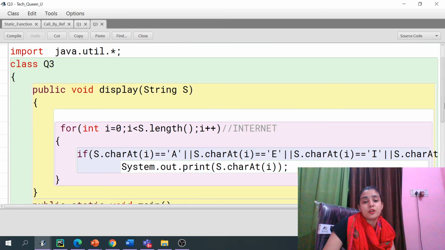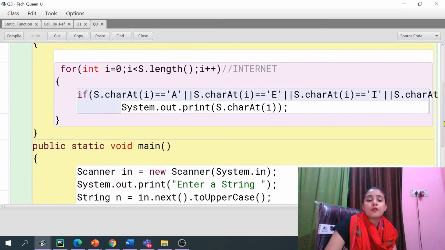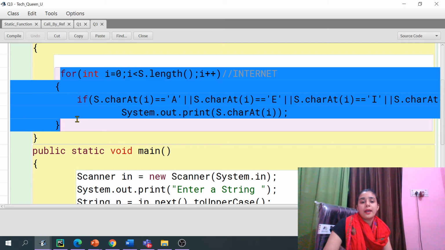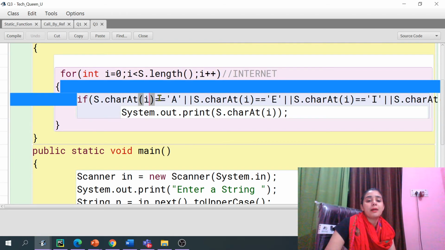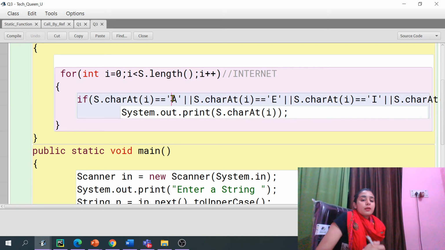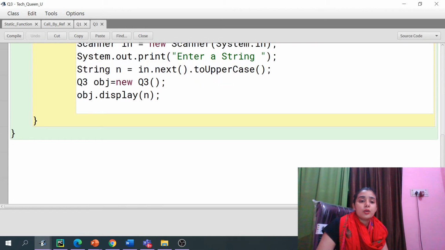Yeah, the display function, right? So that will be received by this. After receiving that, you are performing a simple operation, and if anything matches, because you are checking for vowels, right? If the condition is matched, you will print the result here only. I just want to tell you that it is not returning any value.